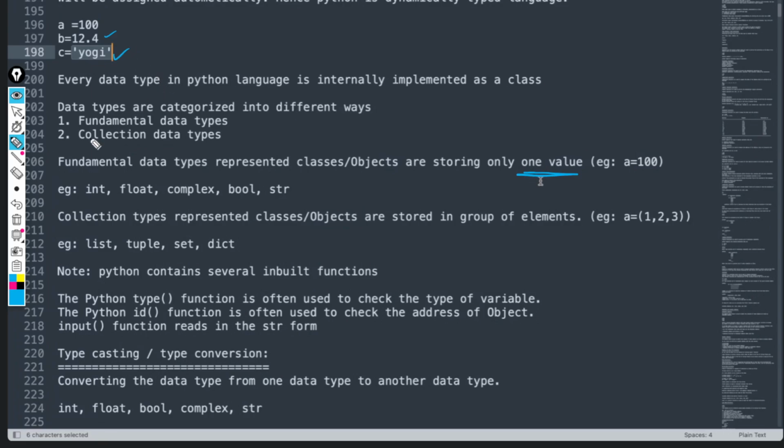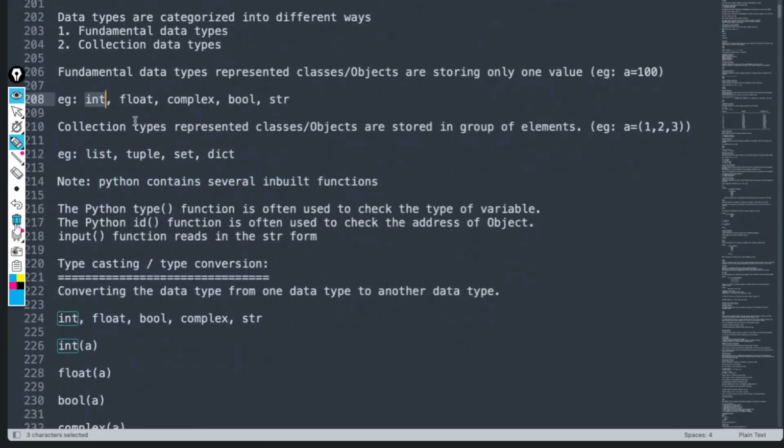Those kinds of data types are called fundamental data types, like int, float, complex, boolean, and string. These all store only one value. So for example, for int,